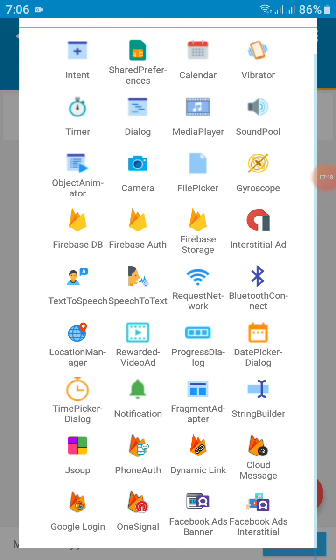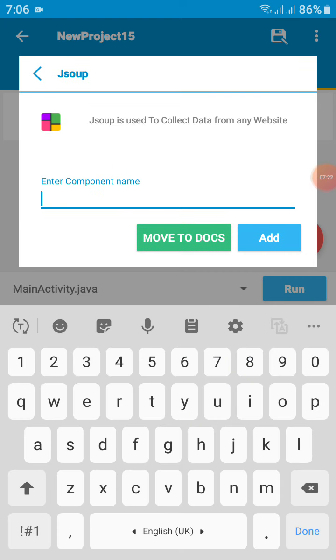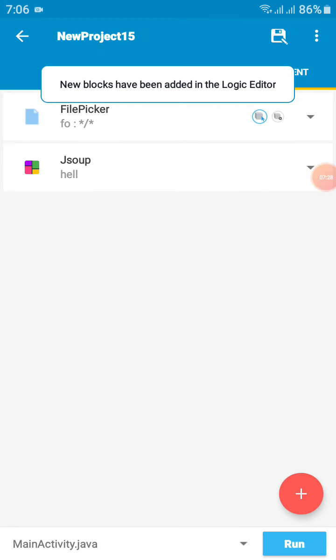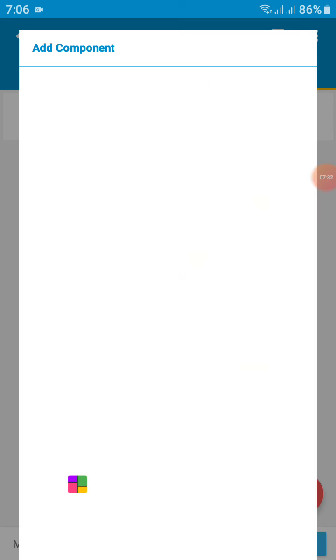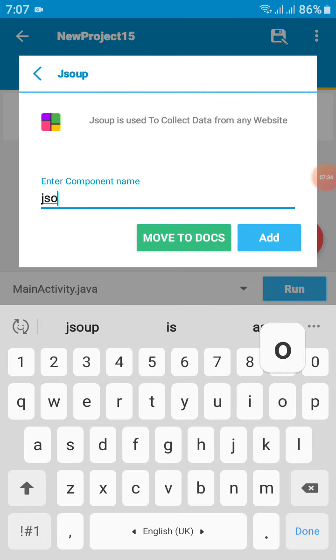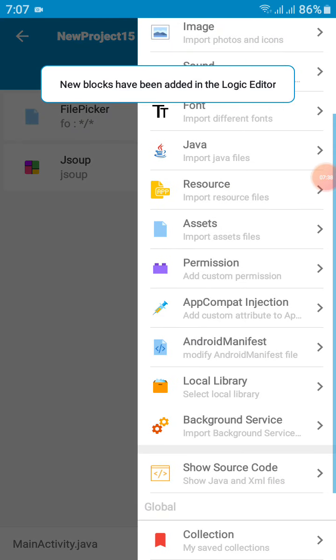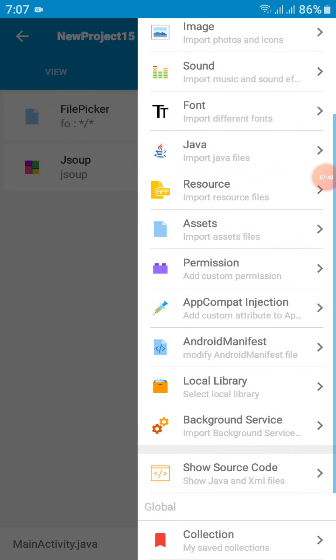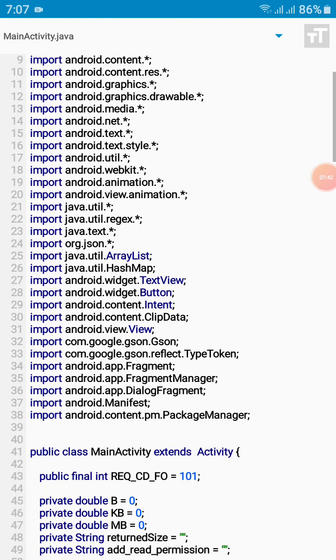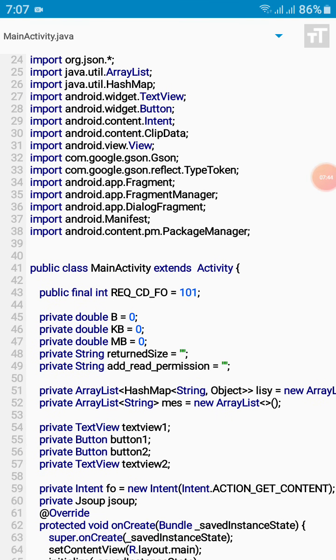So the next matter is that adding a library in Sketchware is different. Like here I add hello. If I add JSON, our component is added, but one problem I am facing: you cannot add a library by using Sketchware.